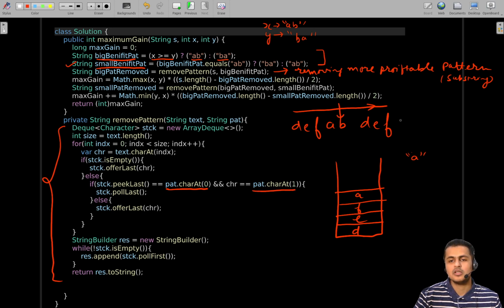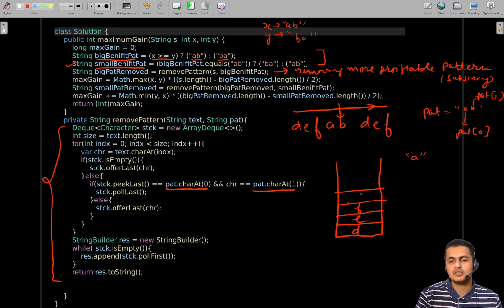Okay, so let's say the pattern was AB, so it was the first character, or you can say pattern 0, and this is pattern 1. As you can see, since it is forming our pattern which is AB, we will be removing the top of the stack. So A is gone, so let's remove A. Then only you are left with